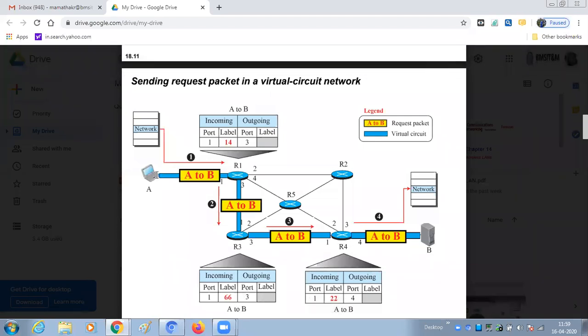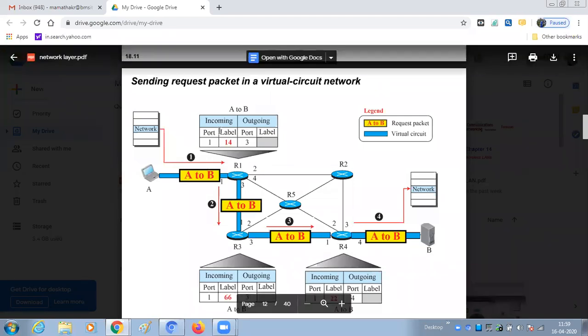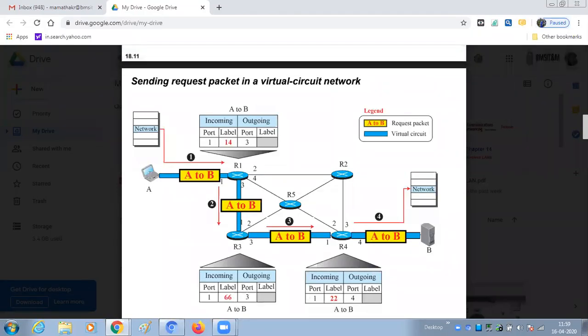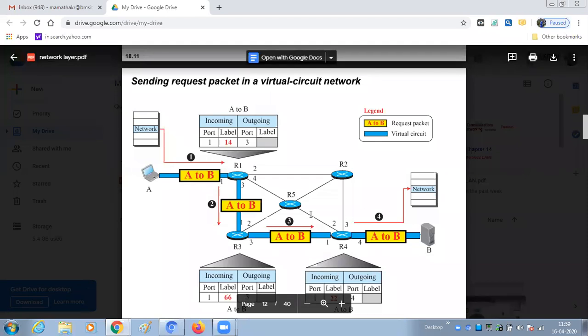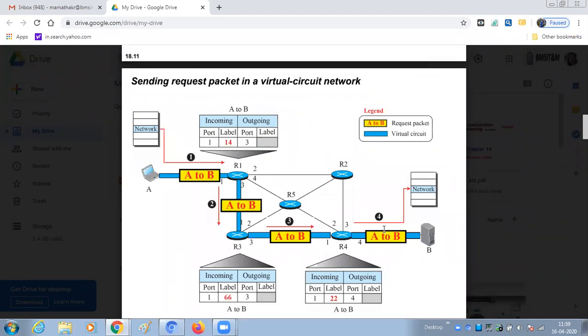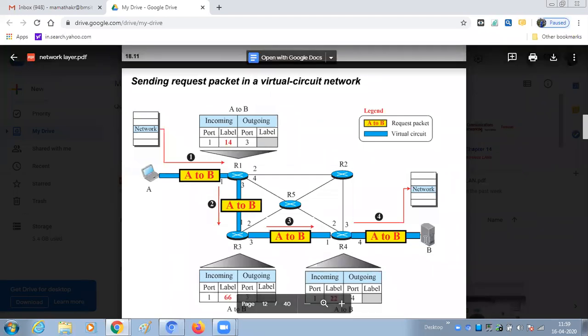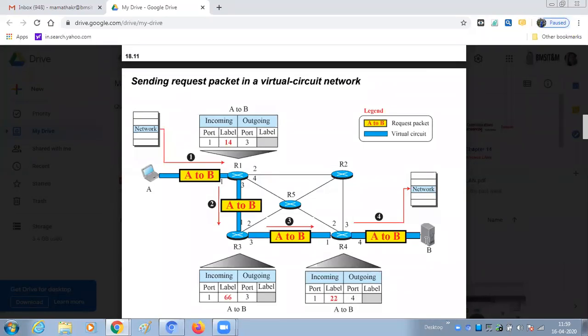Initially the setup will be done with two packets. One is called the request packet. As I explained, A to B request packet is going. You can see here initially the source will be sending this to the destination to check whether the virtual circuit path is ready and destination B is also ready to receive.